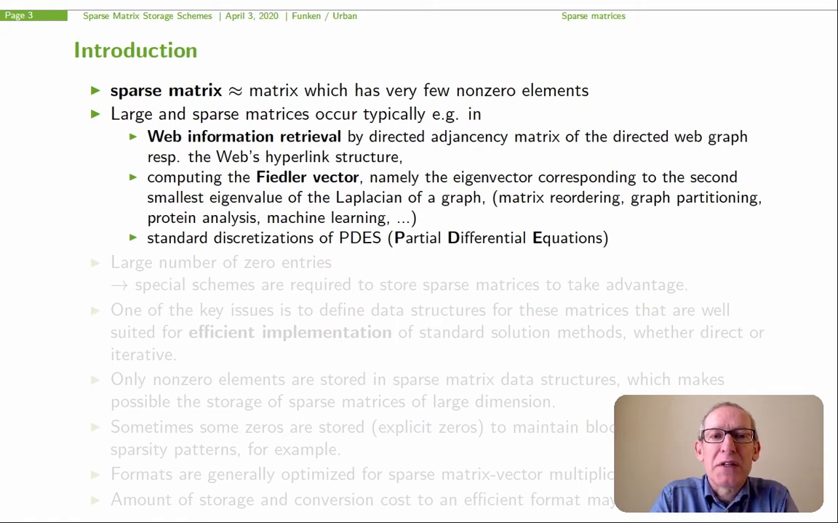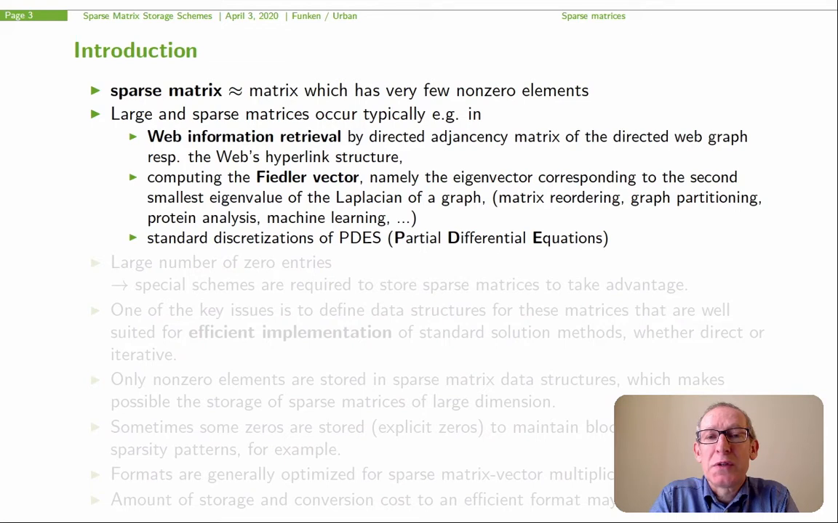We'll talk about sparse matrices when matrices have only a few non-zero elements, and we can take advantage of special formats. If you have only matrices which are smaller than, let's say, 100 or 1,000, in general you will have no advantage. The overhead of specially storing the matrices gives no benefit. But if you have large and sparse matrices, which typically occur, let's say, in web information retrieval,